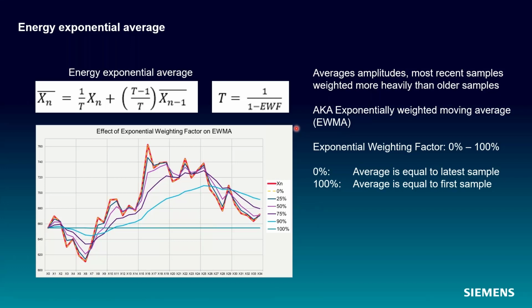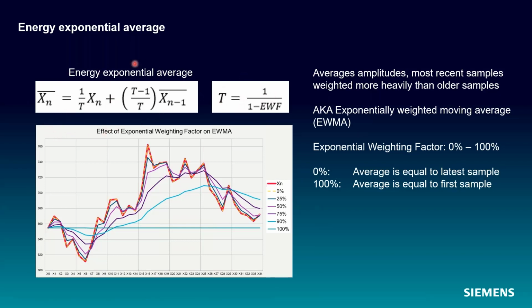Just to break this down a little bit, because it can be confusing. When I look at something like this, my eyes kind of gloss over and I think, it's some complex thing, I don't really need to understand it. But if we see T is defined here, the larger I make my exponential weighting function, the larger this value gets. If I put a 1 in here, or 100%, technically this goes undefined, so I need to make it like 99.99999%. This gets close to 0, and T gets incredibly large.